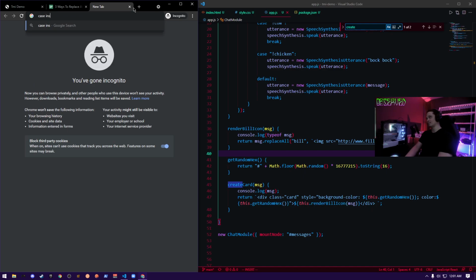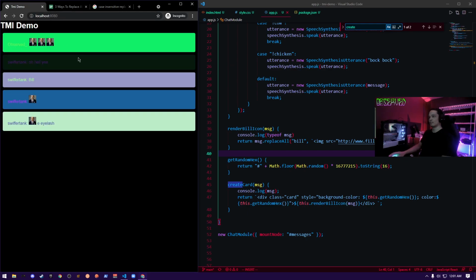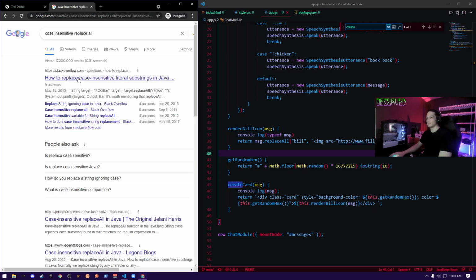So case insensitive. Replace. Billie Eyelash. Yeah, that works too. So in the final product, we'd probably want to break up each word, look up each specific word, so something like that wouldn't happen, and look at the words individually. But let's see, case insensitive.